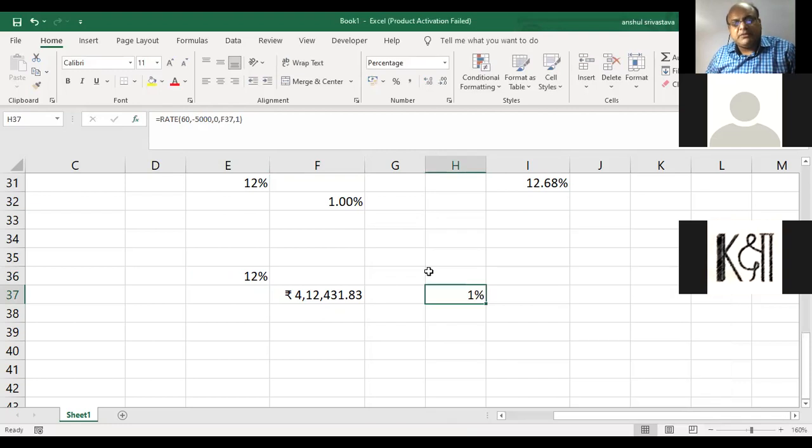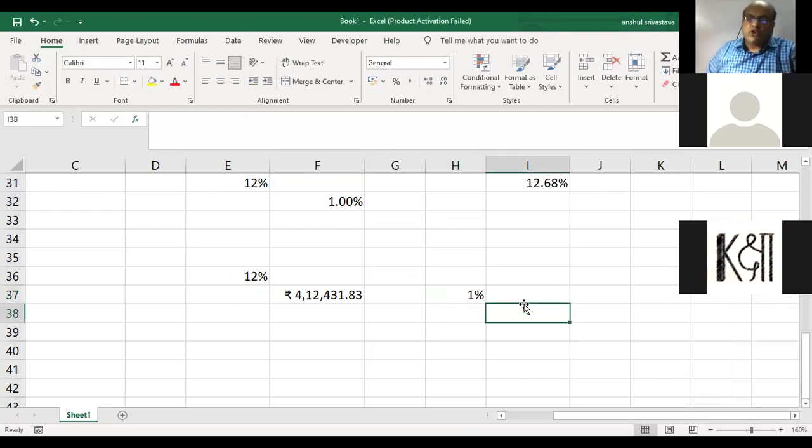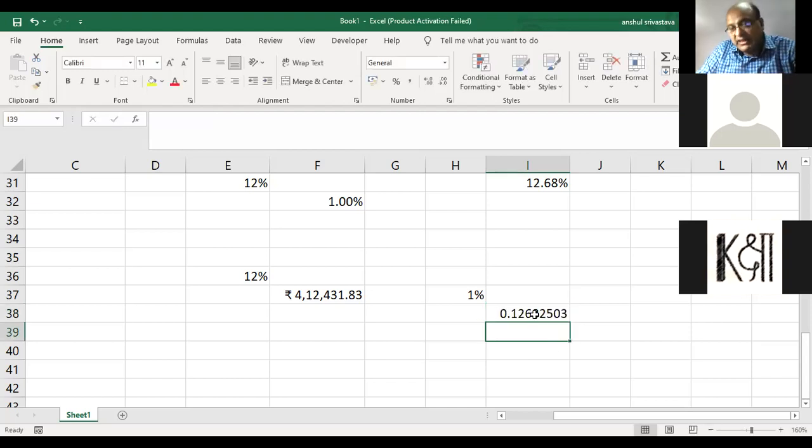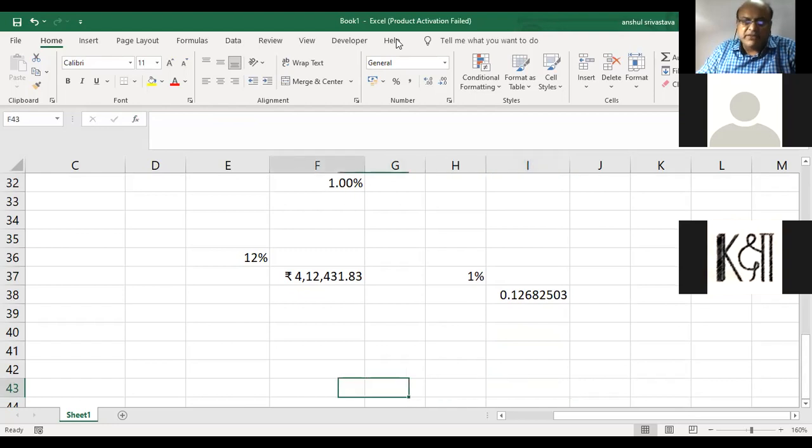So our monthly rate is coming at 1%, because it is a monthly investment, and when we compound it 12 times, (1 plus 1%) to the power 12 minus 1, the effective rate that we are calculating in this is 12.68%, not 12%. So that means if I divide 12% by 12, I get the calculation at 12.68%. I do not want this. I want to use such a rate which when compounded 12 times in a year will give me exactly 12%, because my effective rate is 12%.